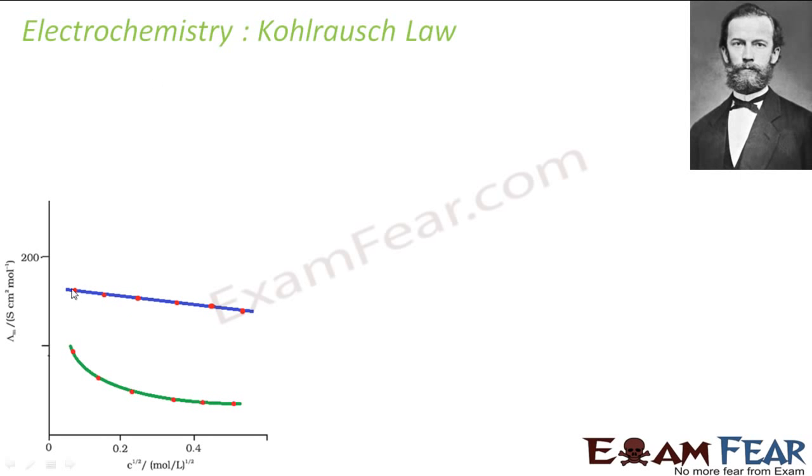If you take a strong electrolyte, the blue one is my strong electrolyte and the green one is my weak electrolyte. This we just saw. A strong electrolyte is, for example, KCl, and a weak one is like acetic acid. So for a strong electrolyte,